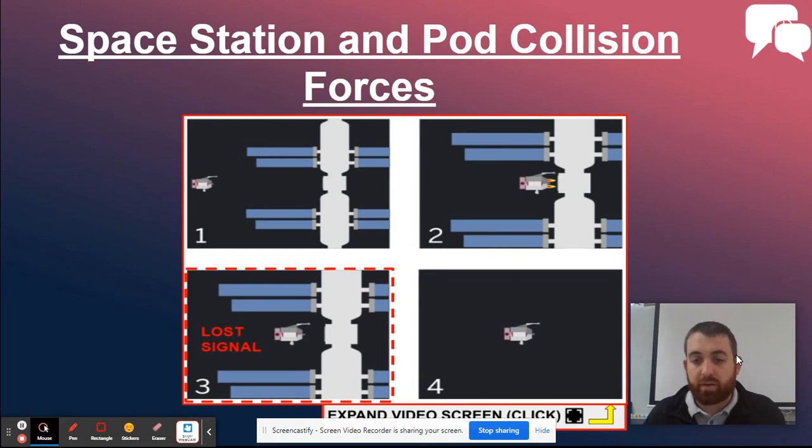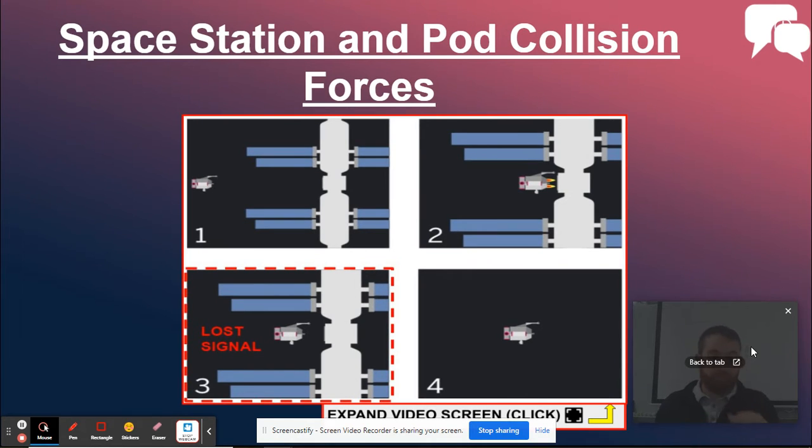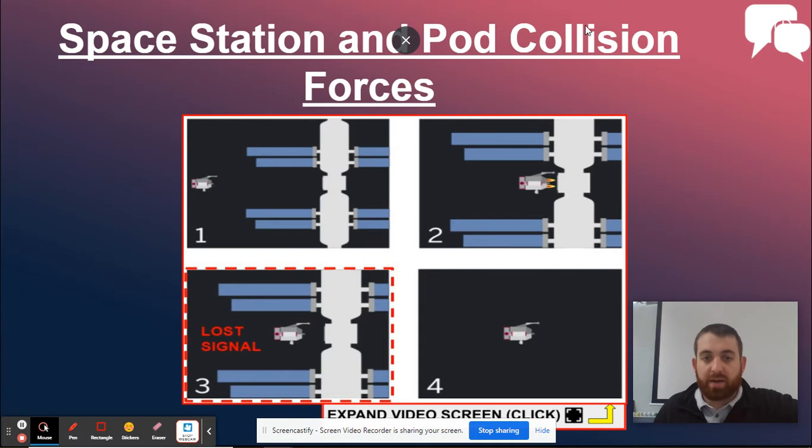Hey everybody, Mr. Regan here, and today we're going to be looking to figure out what's going on with the space station and the pod collision and the forces that are involved that explain what's going on with our pod from time 1 to time 2 to time 3 to time 4. And we're going to be focusing specifically on that collision that occurred between 3 and 4 in our comic